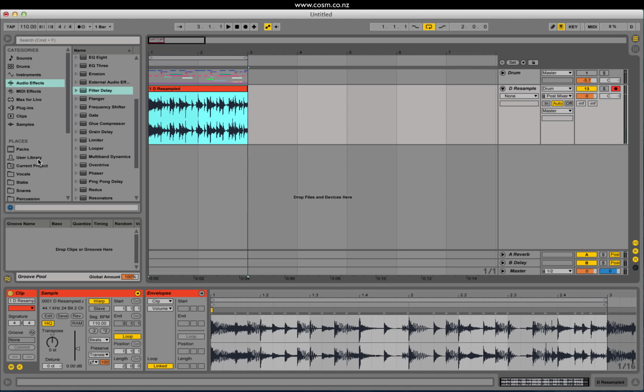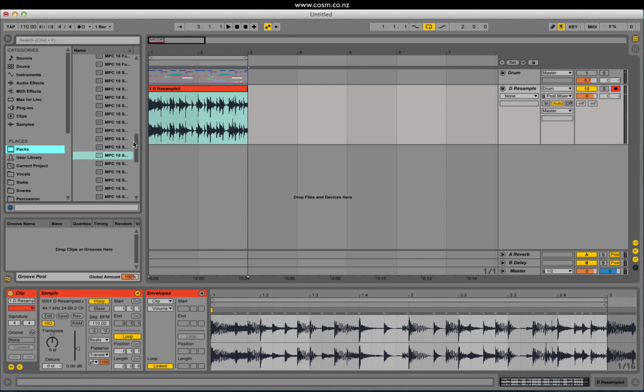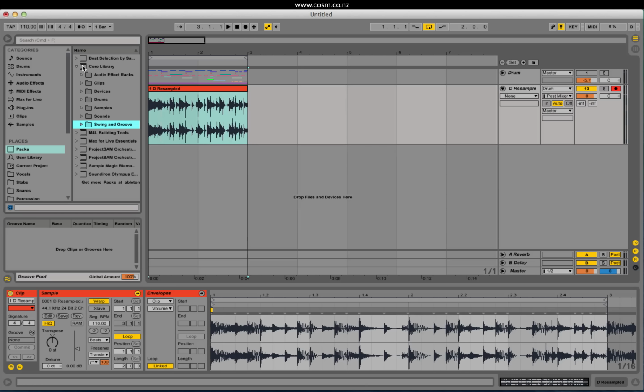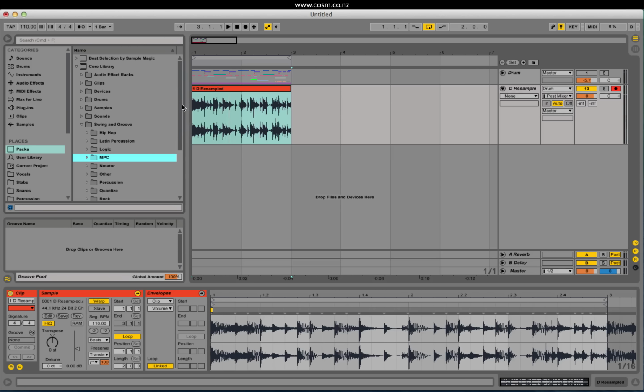So over in our packs over here, you'll notice that we have a core library, and in there we have swing and grooves. Now these are interesting little information files that can be dragged on top of original audio loops or MIDI loops within Ableton Live to give them a bit of character, to give them a swing, to give them a groove. And it does this with audio in a really interesting way. I'll get into how it does it with MIDI in the next videos, but this does it in a really